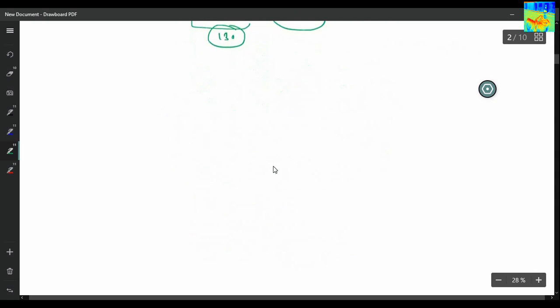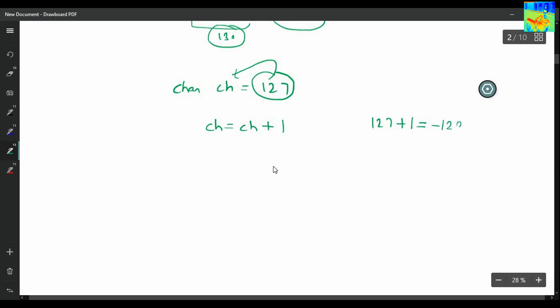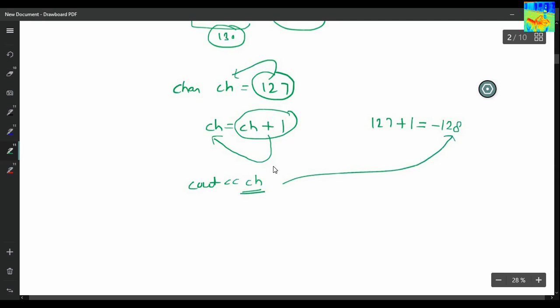For example, if you write char ch equals 127, and then do ch equals ch plus 1, that is 127 plus 1, which will equal -128 due to wraparound. The character corresponding to -128 will be stored in variable ch, and if you print cout ch, that character mapped to -128 will be printed.